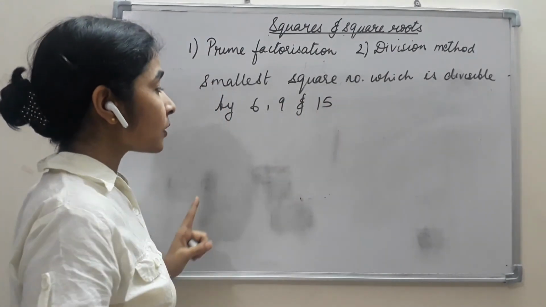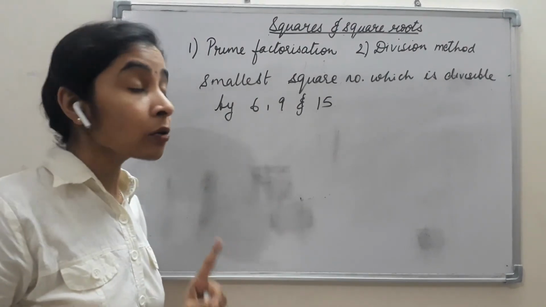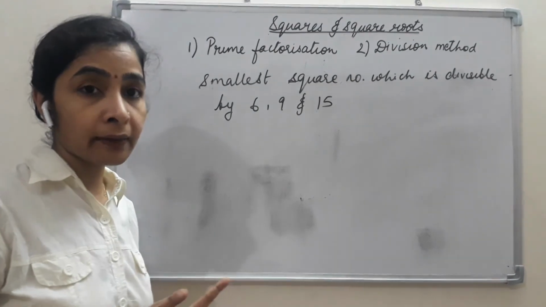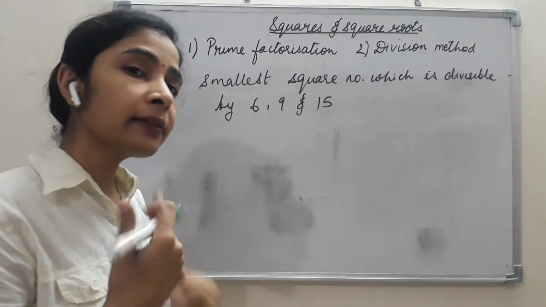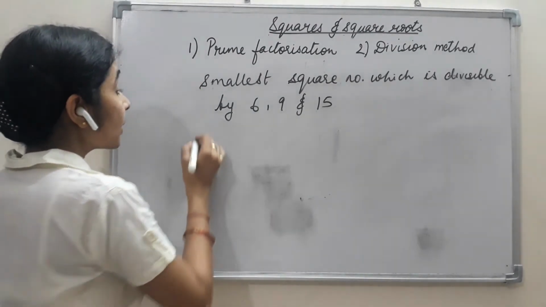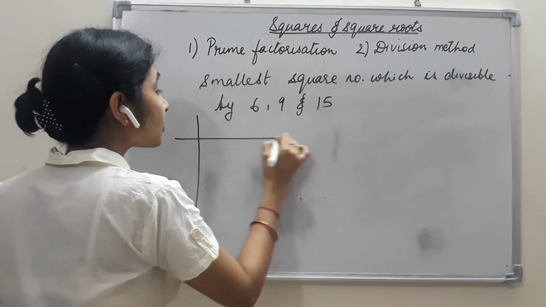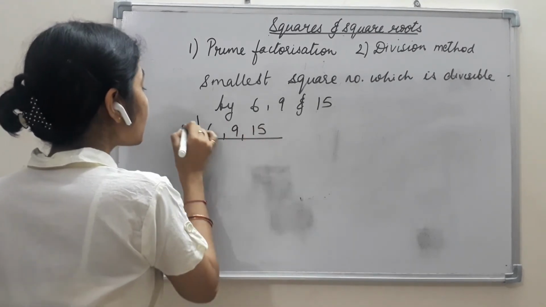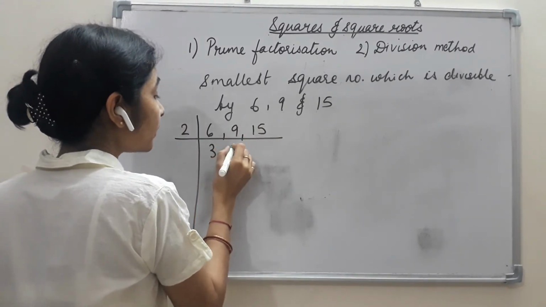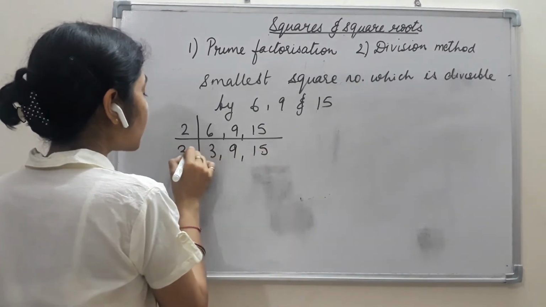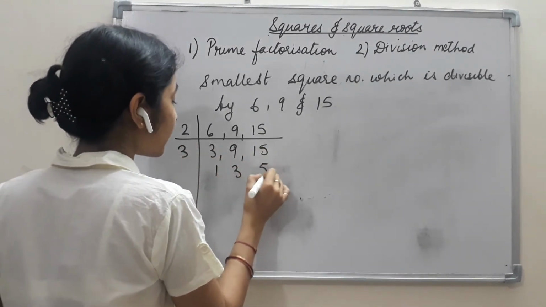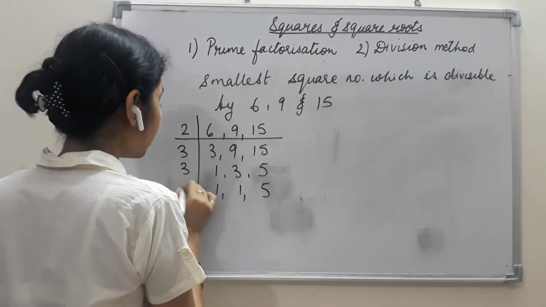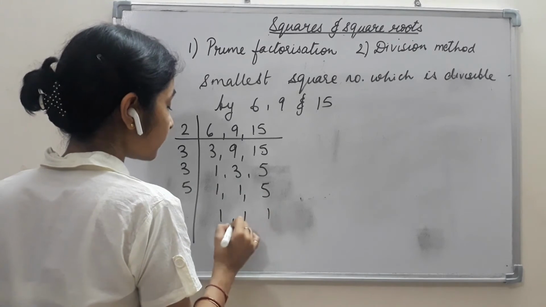So what we are supposed to do is, first we are supposed to find out the LCM. Okay, in LCM, whichever number is not making a perfect pair, for that we have to make a pair and then we can find out the perfect square number. So how we will do that? First we will find out the LCM of these numbers, 6, 9 and 15. Okay, so 2 3s are 9 and 15. 3 1s are 3s are and 5s are. 3 1s are and 5 1 and 2.